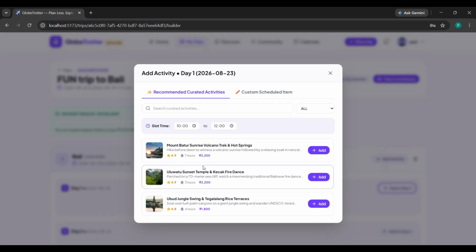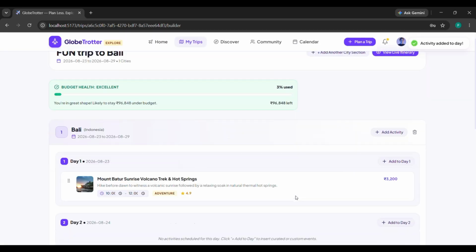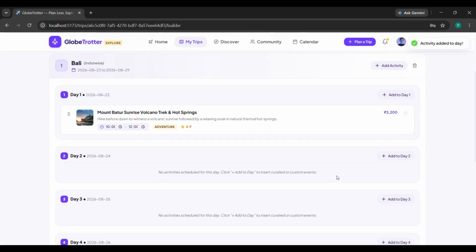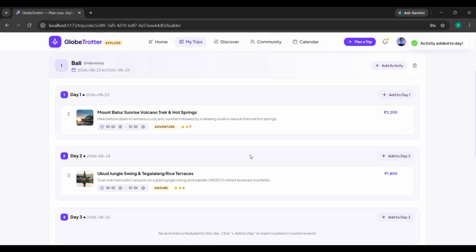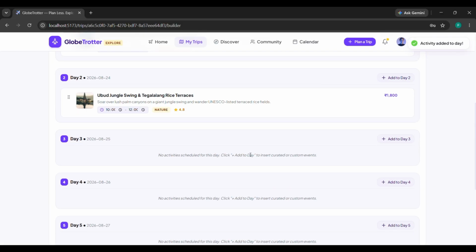So, over here, it's going to show us some of the most famous things that people like to do in Bali, the amount of time it's going to take, the reviews that we have searched online, and the minimum price that it will require. So, for example, I'm adding this to my day one itinerary, and it is also going to fix a time over here for you, as you can see how long it is going to take you.